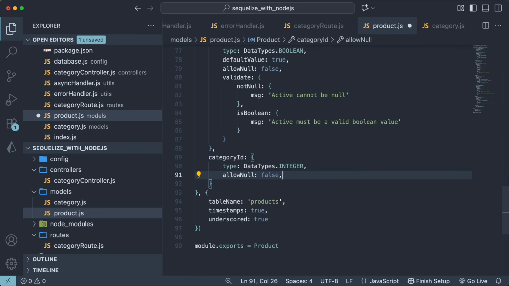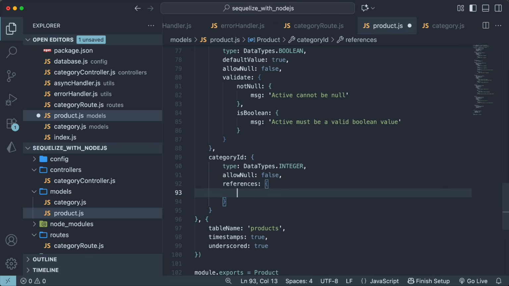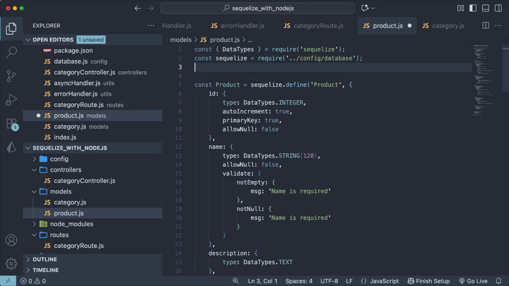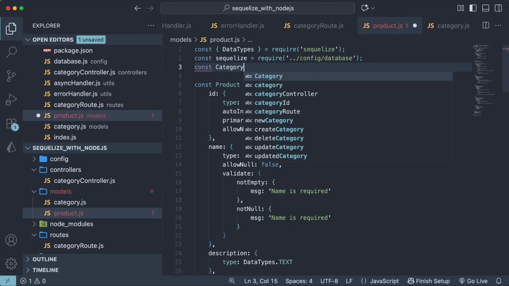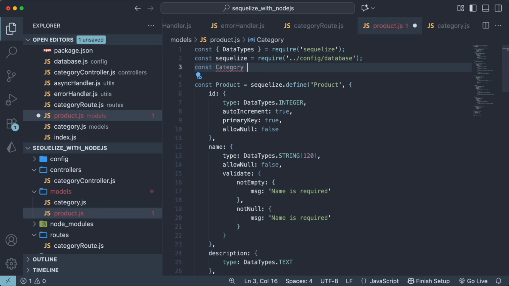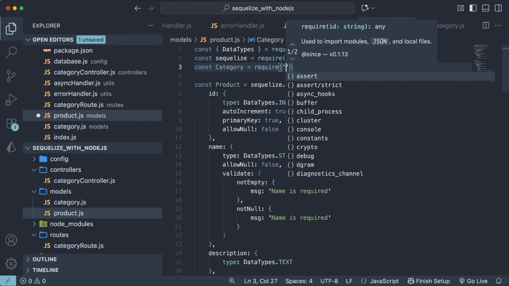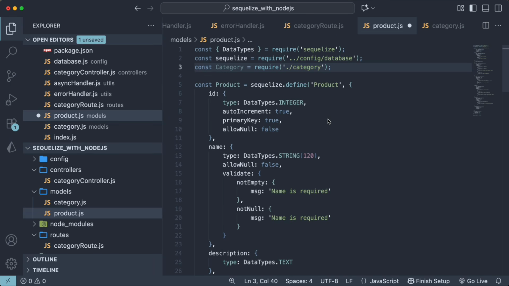Now to establish the relation with the category table, we can set the references property, which is equals to an object, and inside we can configure the model property, and here we need to set which model this field is relating to. So here on the top, let's import the category model file. So const Category, and like I said before, I like to import model files in capital, equals to require. Since we're already inside the models folder, I'll just add ./ and select the category model file. Now back on the model property,